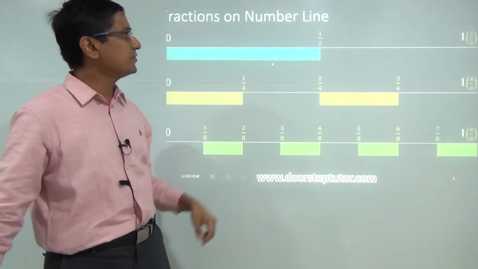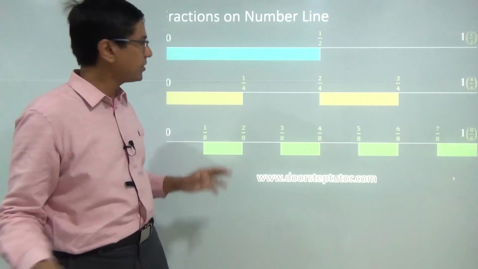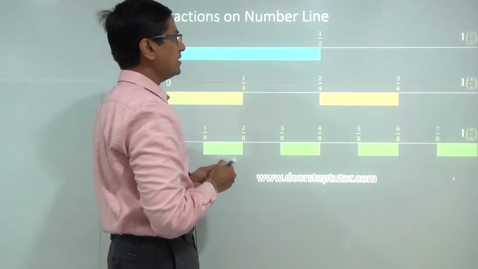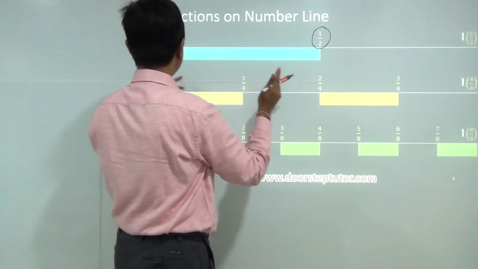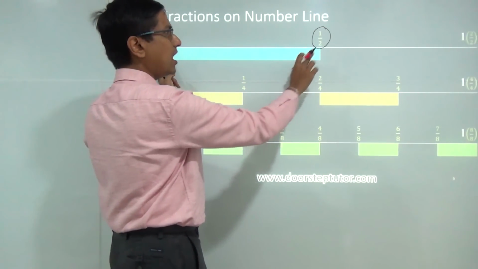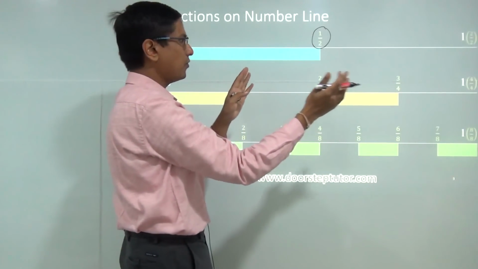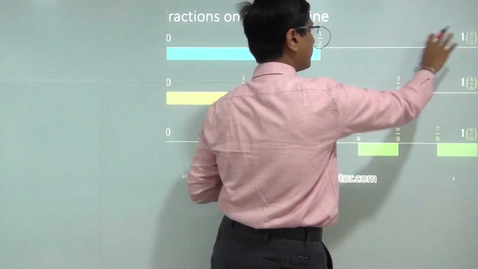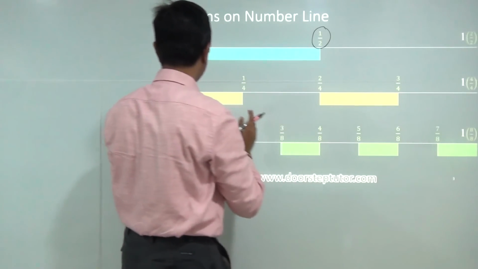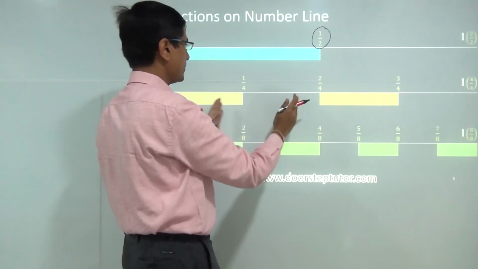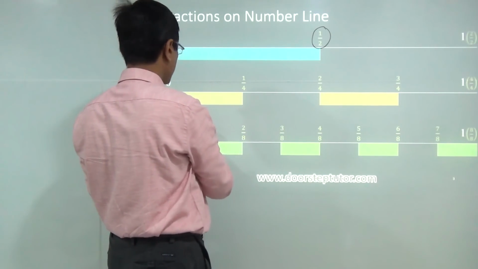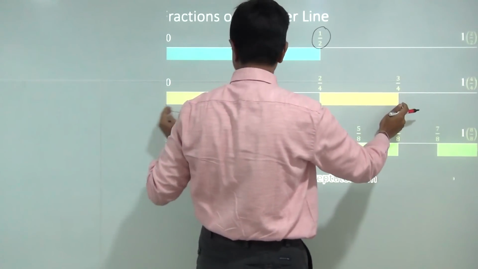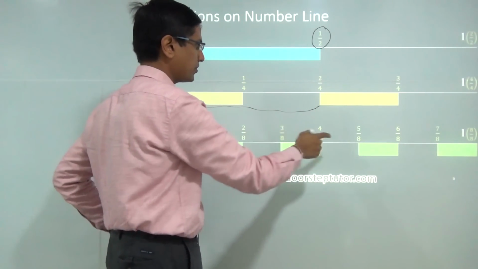Depicting fractions on a number line is very simple. Here is a number line from 0 to 1, and we have depicted a fraction, half, which means that this section is 1/2 of the whole. It's a 1/2 part of the full, and this is also a 1/2 part of the full. Similarly, this is a 1/4 part. This is also a 1/4 part. Together they are 2/4 of the whole. This is 3/4, and so on and so forth.